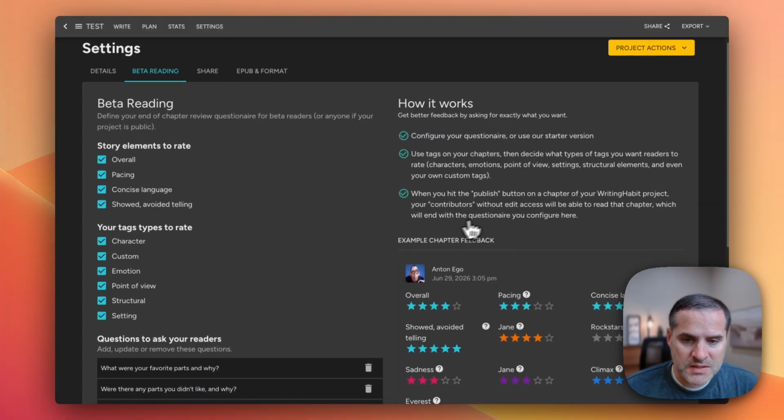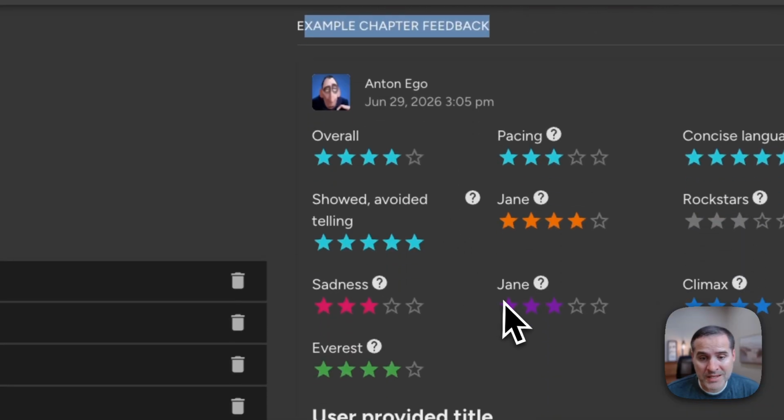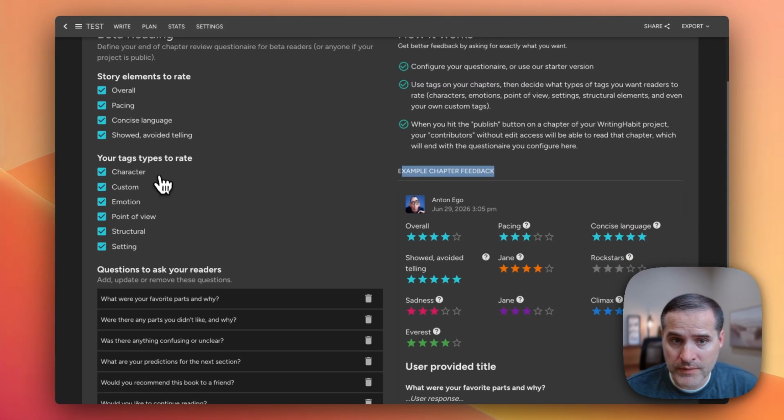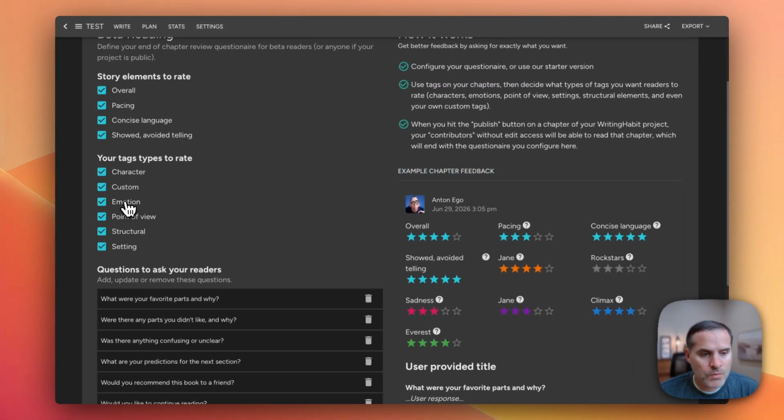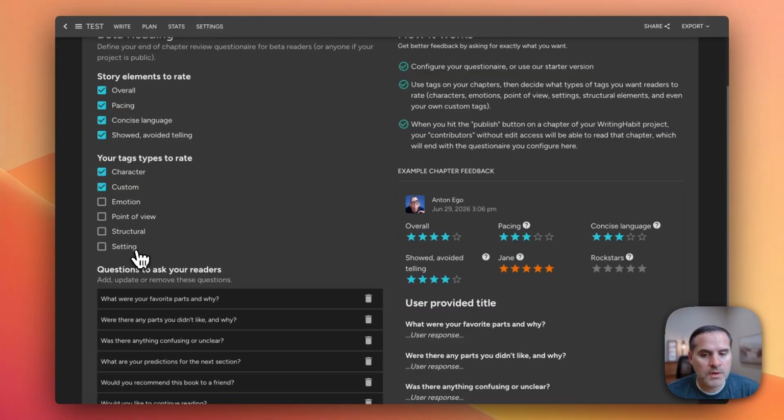So in this case, we're showing you an example of what that feedback would look like at the end of the chapter based on what you set here on the left-hand side. So if you said, I don't want to ask them about emotions or structural things or settings or point of view, I just want to ask them about characters and these story elements. So now